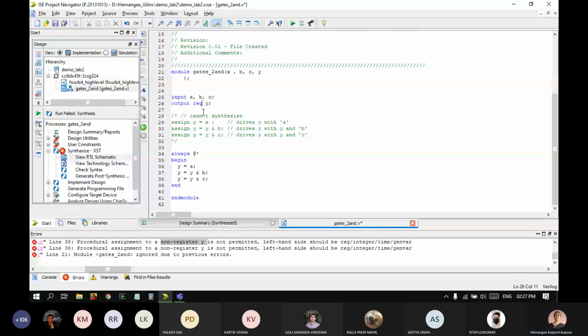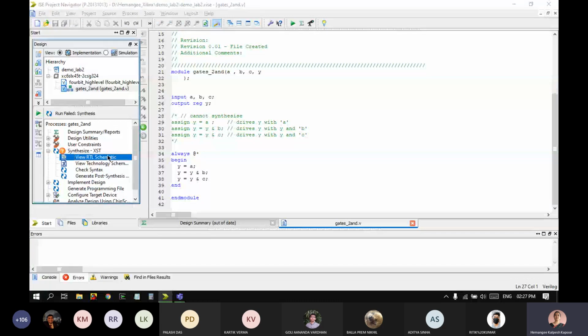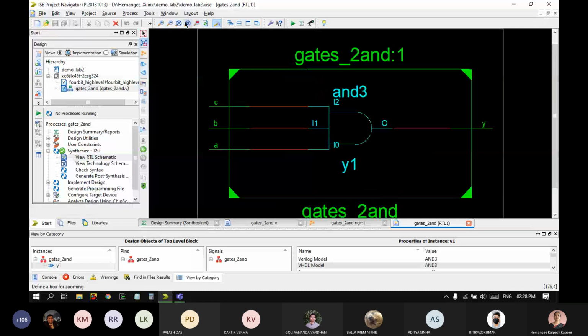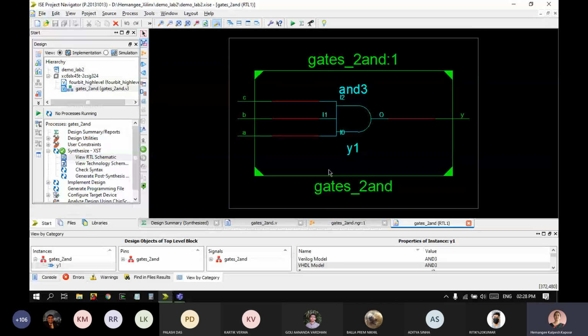Right. Now let's again synthesize that. Because this was a different data type called register, the synthesizer could then infer that this is a 3-input AND, whereas in the previous one, it was treating them as 3 different wires, and then it could not join the 3 wires.